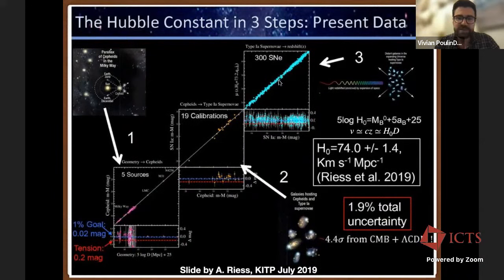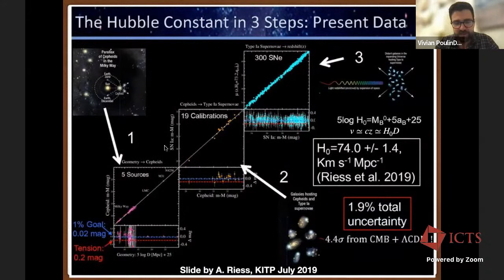The difficulty is knowing their intrinsic luminosity. And to know their intrinsic luminosity, it's a three-step process starting from the very local environment, in fact, even inside of the Milky Way. But we have not observed directly supernovae exploding in the Milky Way, for which we have high accuracy distance measurement, in particular from the parallax.